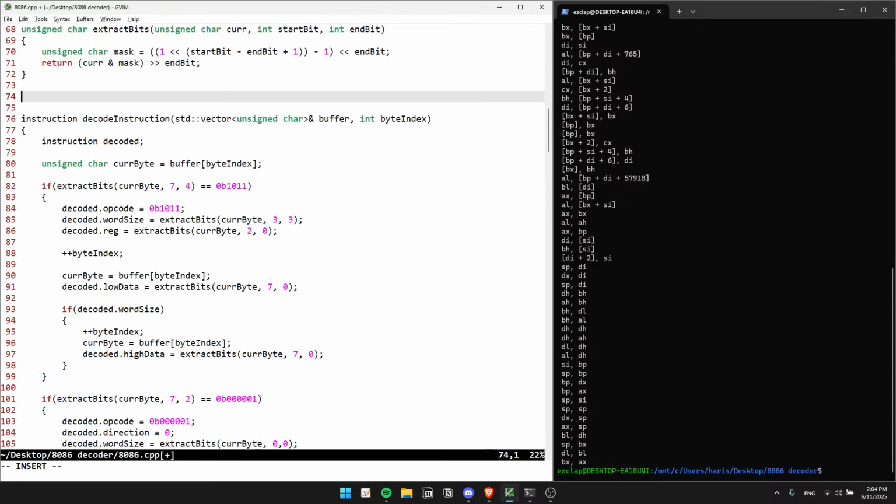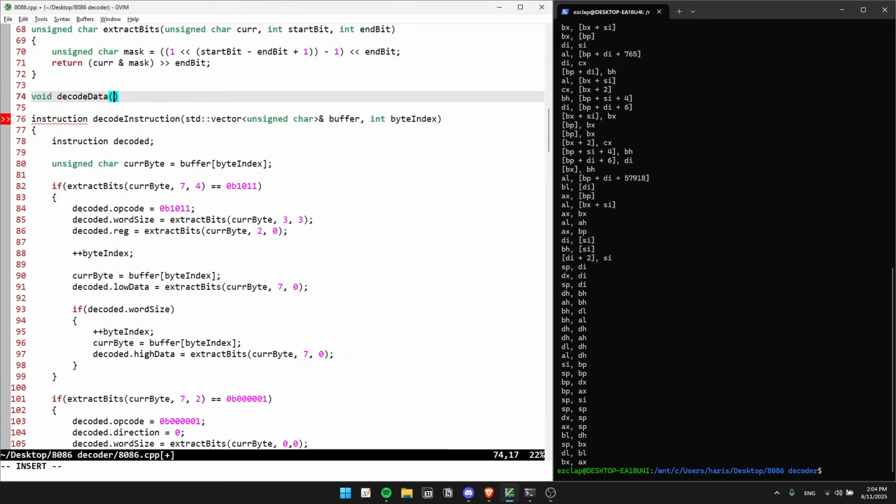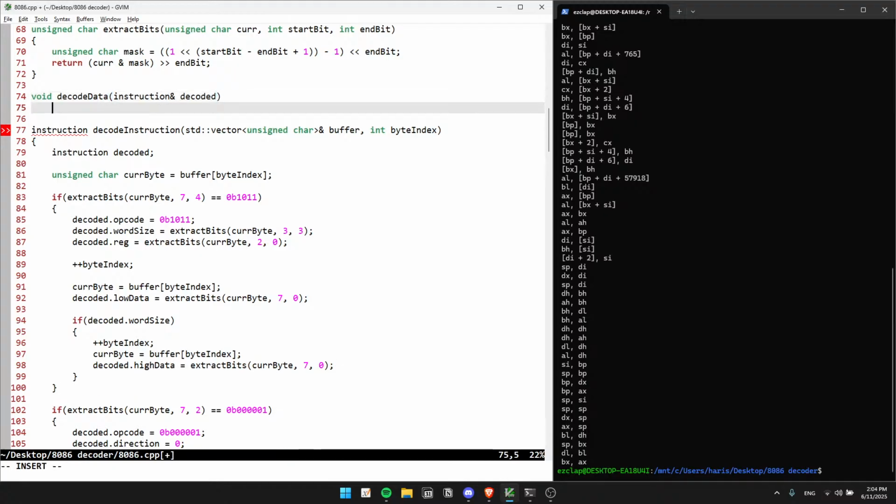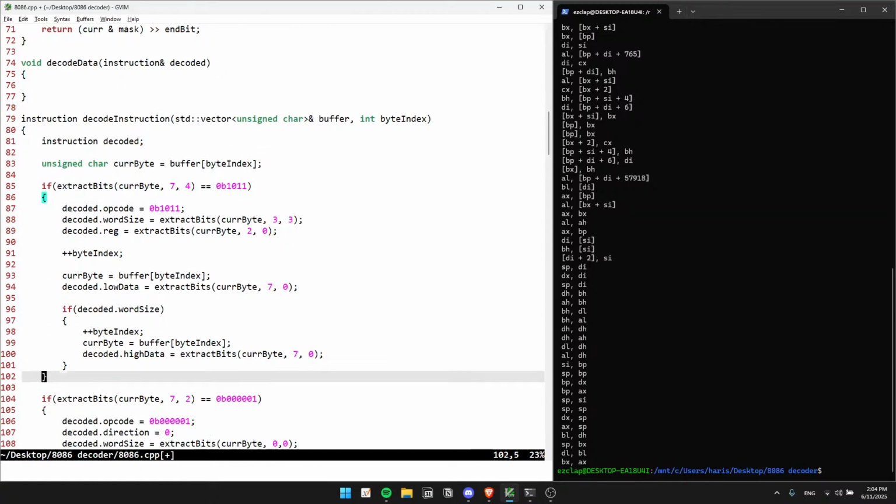So I want a void decode data function. It's gonna take an instruction and decoded, and that's all it's gonna be. I'm just gonna take all this code, and I'm gonna